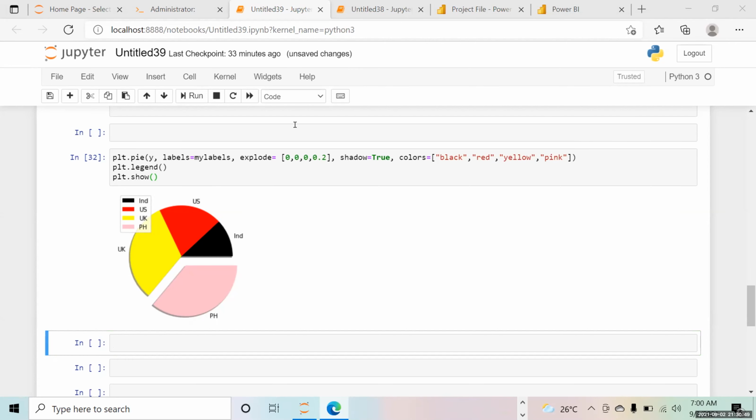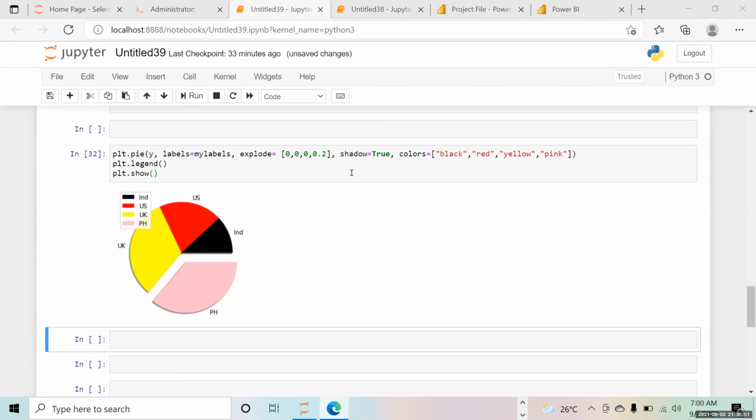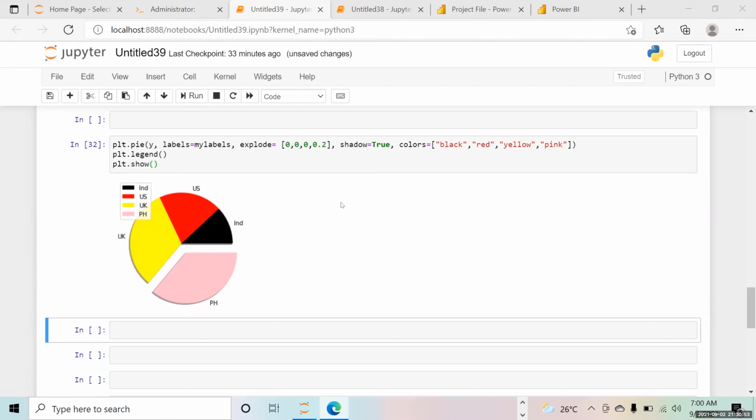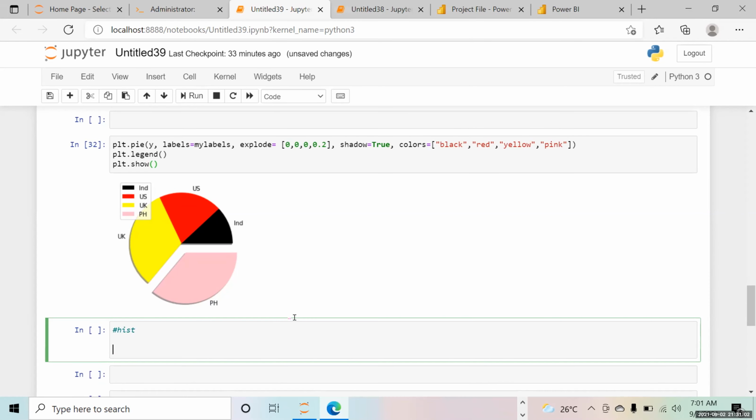Now similarly, if you want to create a histogram, suppose you have some data with you and on that you want to create a histogram, you can do that also. We have a hist function that we can use to create a histogram. Suppose let's create a data over here, x equals to